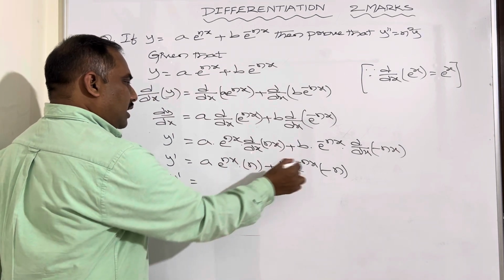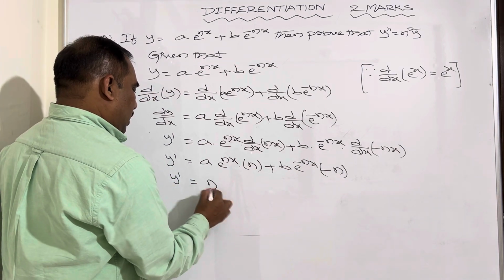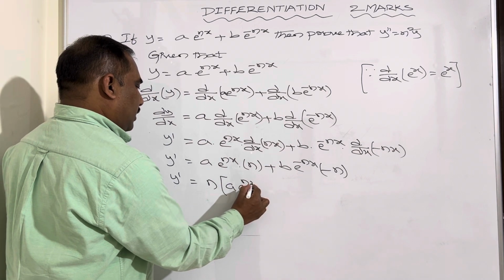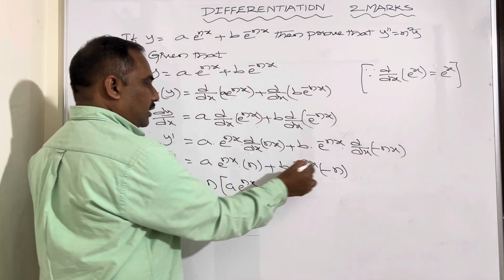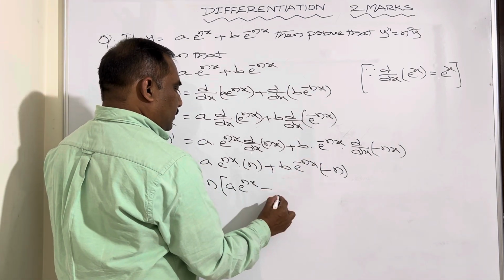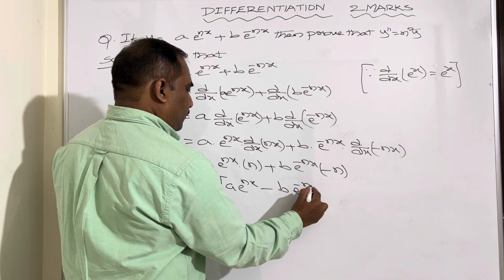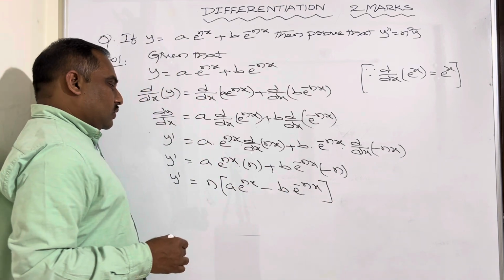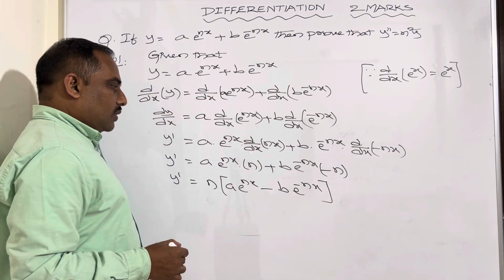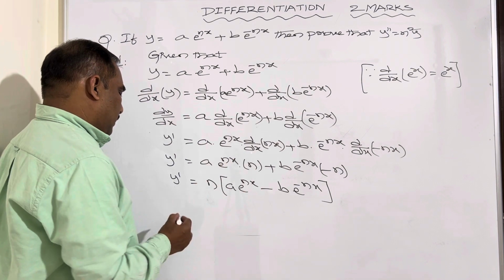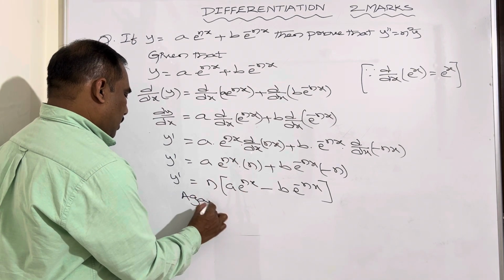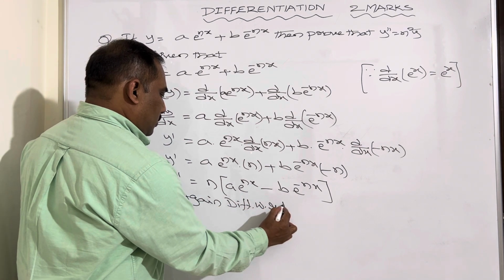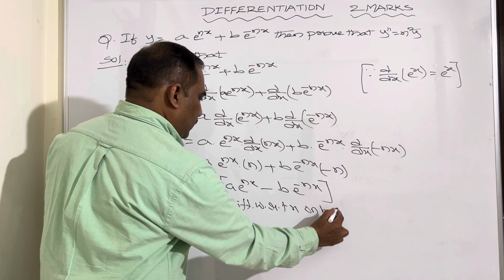So we get y dash is equal to, here n is common in both, so take n common: n into a into e to the power of nx, plus into minus is minus, so b into e to the power of minus nx. Now again differentiating with respect to x on both sides,